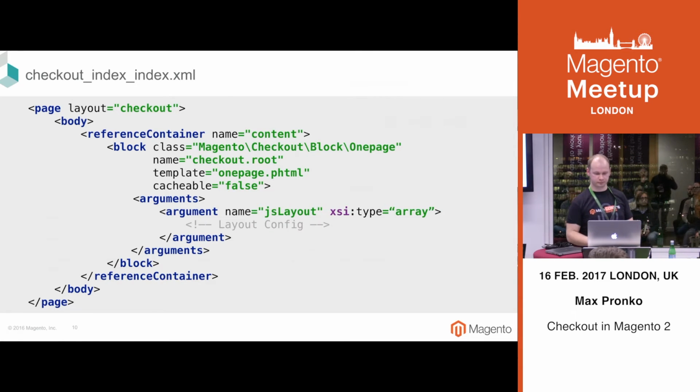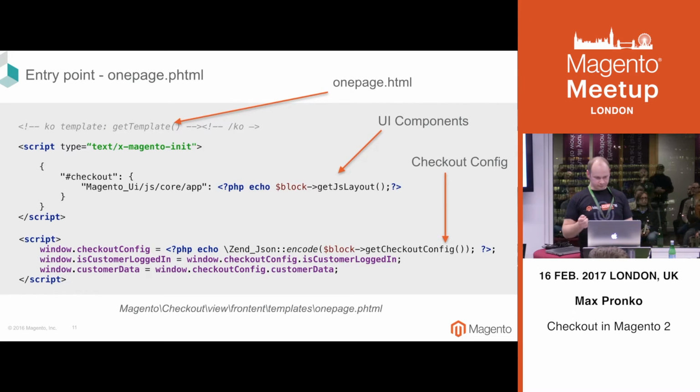argument.js layout. And what it means, in one page PHTML, we have one page HTML. It's just HTML, which I will show you, declares the structure of a page, the UI components configuration, which we declared through the checkout index file, and additional logic which we can add through PHP, and checkout configuration, which we render in the global variable checkoutConfig,